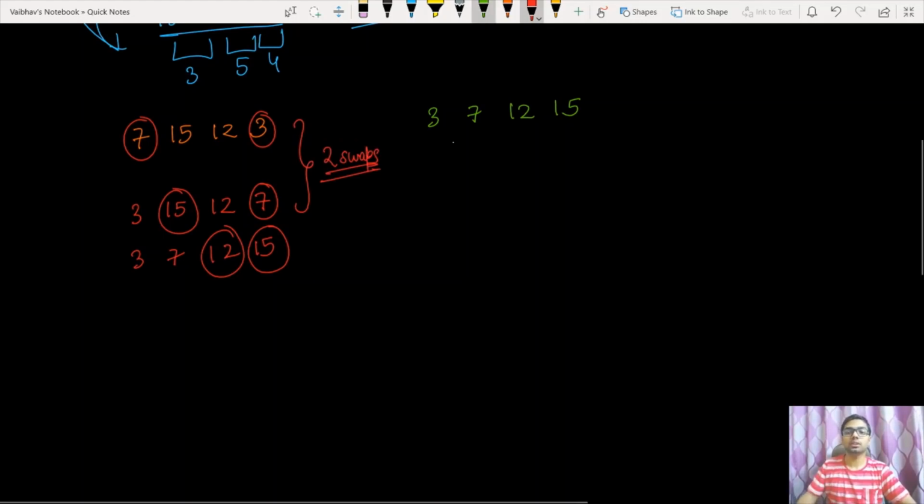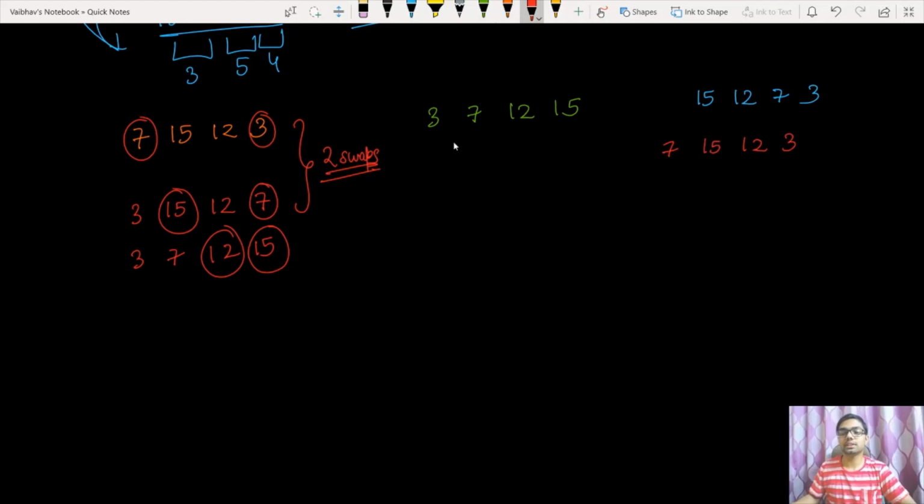Now if you want to change it into descending order, our descending order version was 15, 12, 7 and 3. So we want to convert this array into descending order. So we will swap the greatest element with the element present at the 0th index, that is 7.